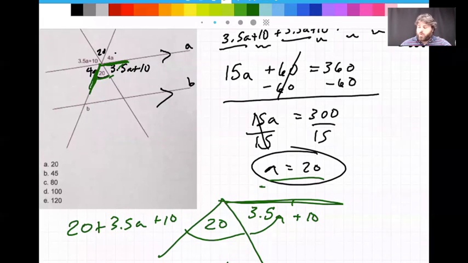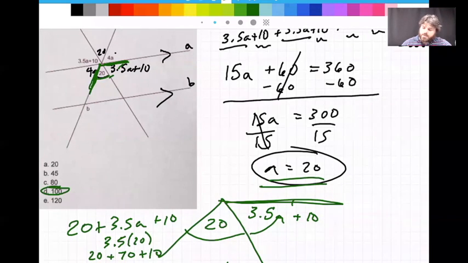Well, we know that A is 20, right? That was why we solved for A. We had to know what A was. So 3.5 times 20 is going to be 70. So really, 20 plus 70 plus 10 is going to be my answer. That's 100 degrees. So that tells me this angle right here is 100, but because these lines are parallel, that means this and this should be the same. So that means B should also be